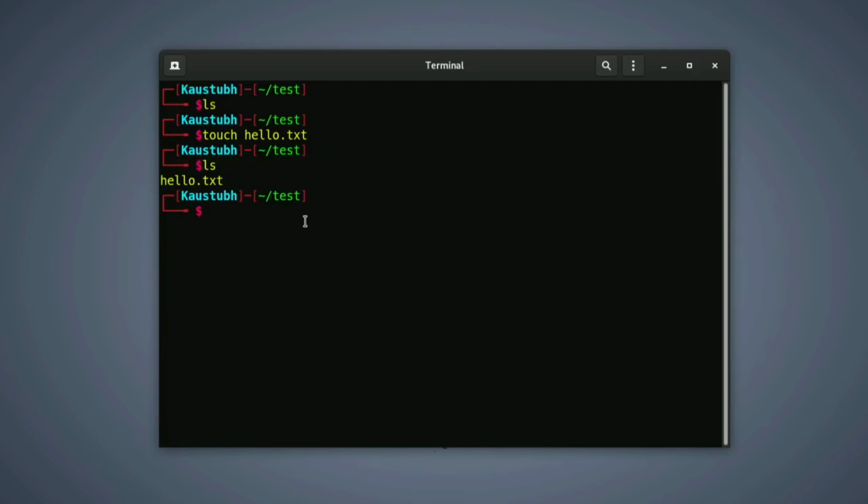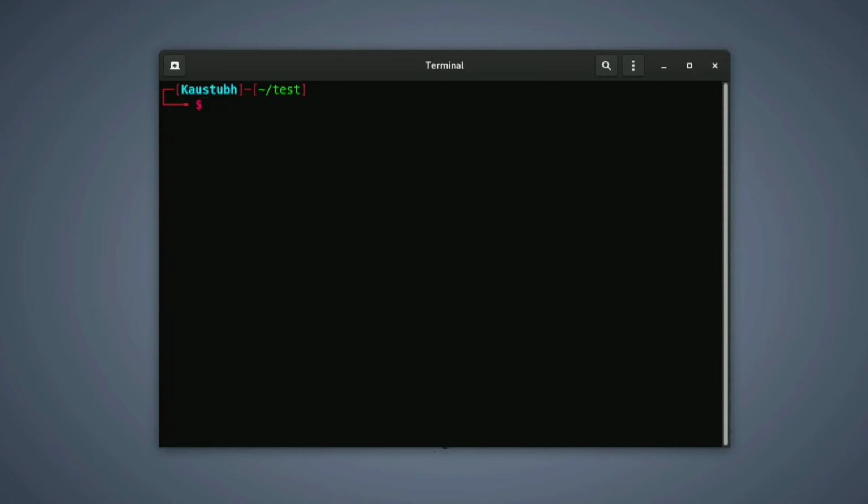If I want to create multiple files, just type touch 1.txt, 2.txt, 3.txt. You can give any extension to the file. Hit enter, type ls again. We can see 1.txt, 2.txt and 3.txt files are successfully created. To clear the output window, type clear and hit enter. So this is the touch command.